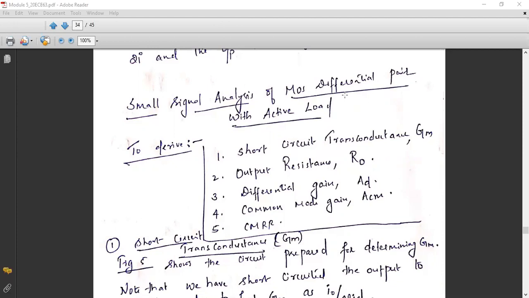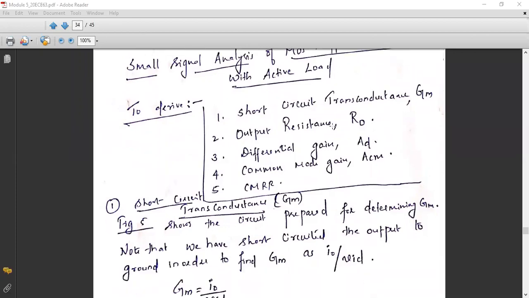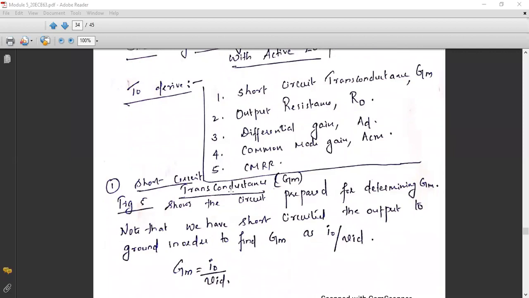So we have added one more circuitry, that is the current mirror. Due to this mirroring action, I will be maintaining the total current 2I through the output node, because of which both the currents from Q1 and Q2 are contributing towards the output voltage. Thereby I can enhance the gain. That is the requirement of the active load in the MOS differential pair. Let us check what will happen to the CMRR after incorporating this active load over the conventional MOS differential pair. Clear? First, let us check the short circuit transconductance GM.